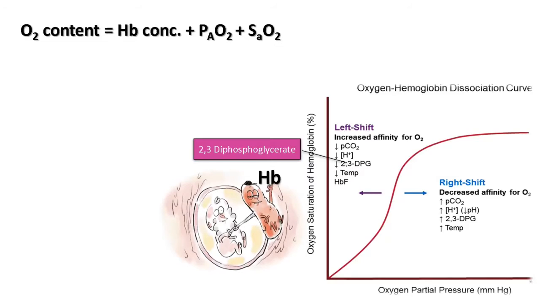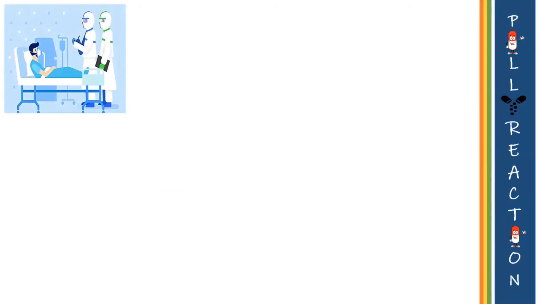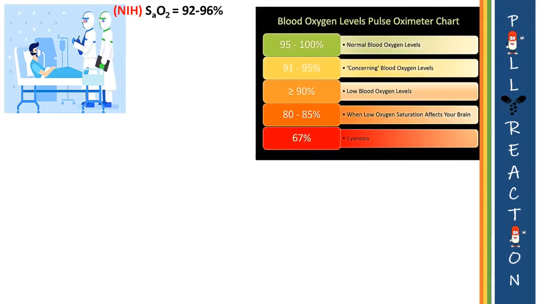So, as you know now what oxygen saturation is, let's check on its significance in COVID-19 patients. Currently, the National Institutes of Health recommends a 92 to 96% oxygen saturation range for COVID-19 patients. Given here is a blood oxygen levels chart, wherein 95 to 100% oxygen saturation is considered to be a normal level, followed by 91 to 95% as concerning blood oxygen levels, and less than 90 percent shows gradually